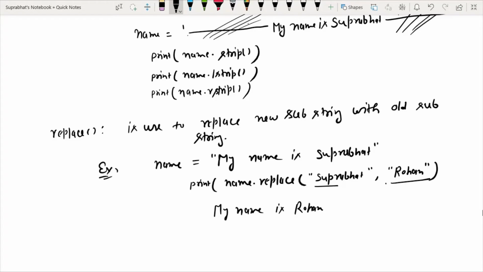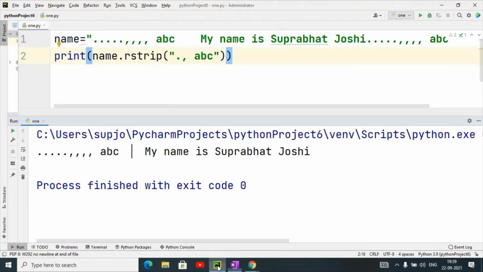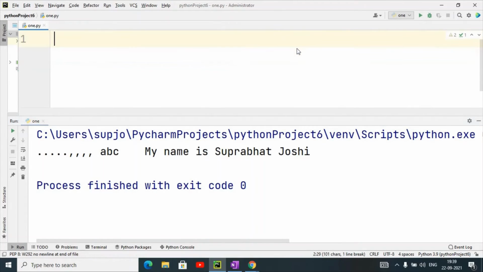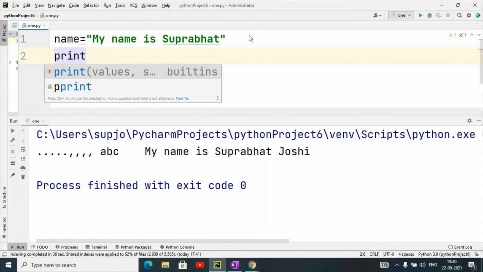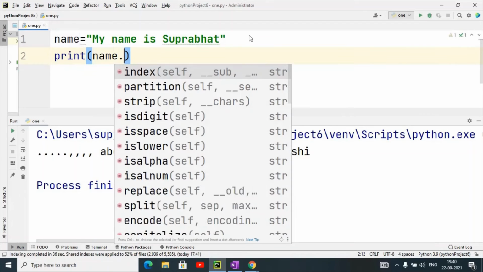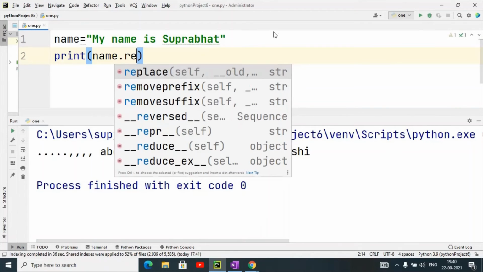You can check it in PyCharm also. Suppose name equals my name is Suprabhat. I will apply the replace function, print name dot replace.